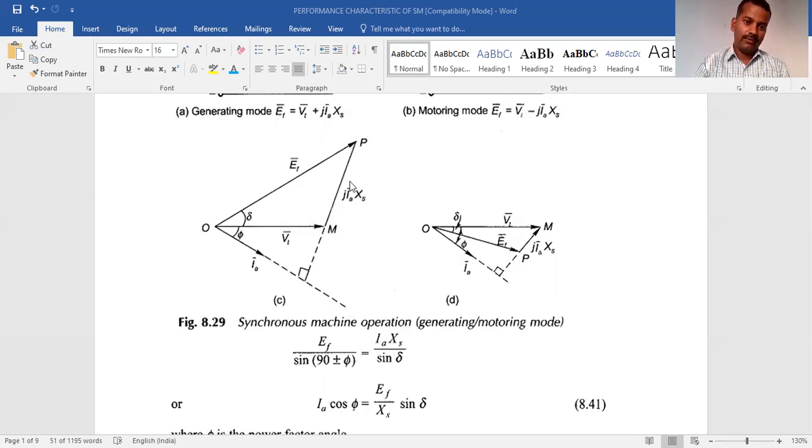Similarly, this is EF, and the angle in front of this side, do you know what this angle will be? What will be this angle? This angle will be simply 90 plus phi in case of this lagging mode. 90 plus, how? Because this is phi, this is 90 degrees, and hence this angle